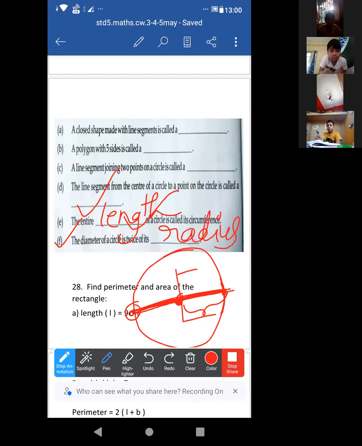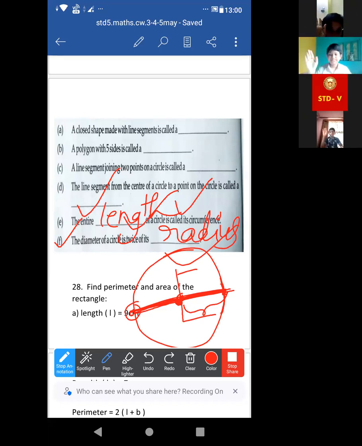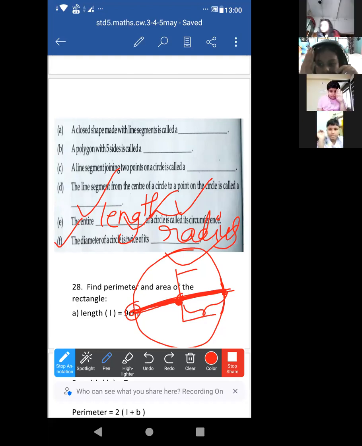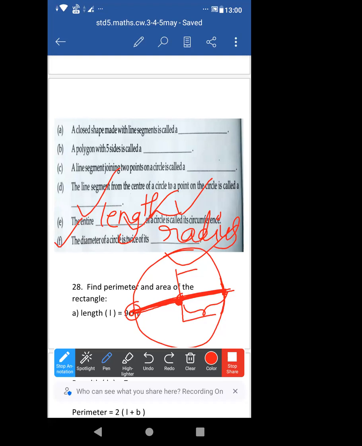Write all the answers first. E and A first, the entire length, and it will be radius. Completed? If complete, just like Junaid, show the hands. All of you, if completed. Good. Shuhana Parvin, write fast. Good. All of you are very brilliant. Good. Shomojit, where is Shomojit? Is Shomojit attending the class today or not? Shomojit, turn on your video.